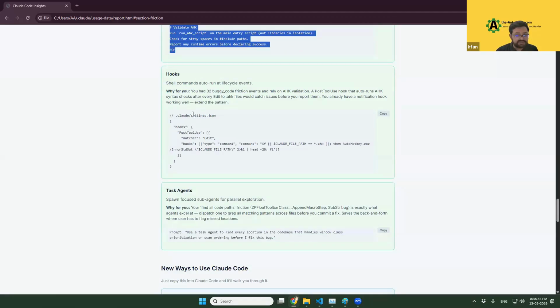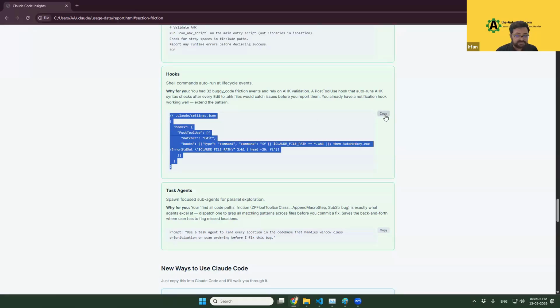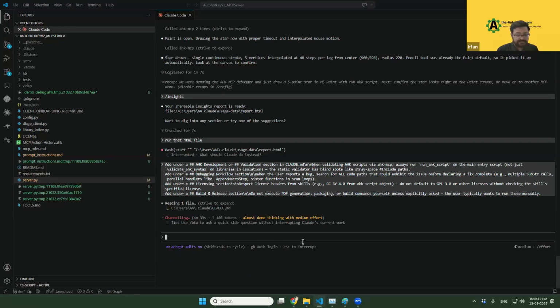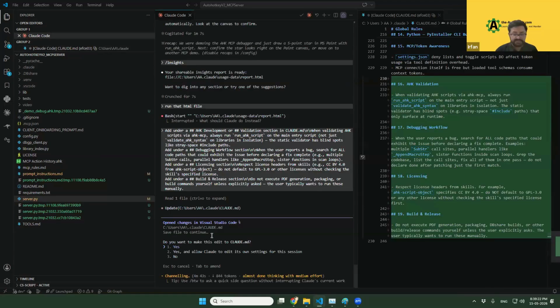Hooks, buggy code. This one is for a post tool hook that auto runs AutoHotkey syntax checks on every edited .ahk file, which catches issues before you report them. You already have a notification hook working well. Extend the pattern. So yeah, I will extend the pattern. But it is still working on the previous thing, so it is updating my Claude MD for things that need to be